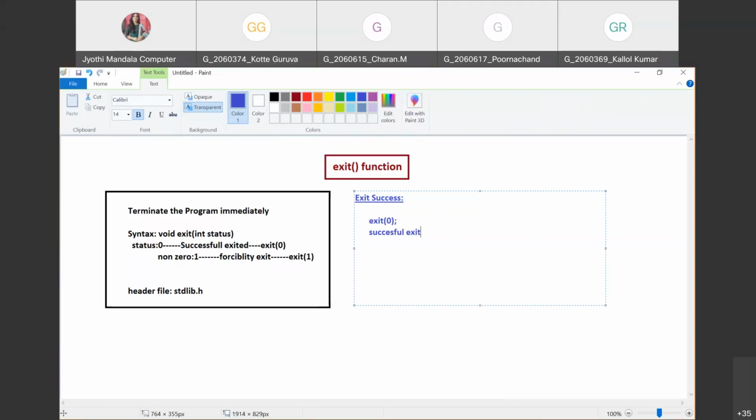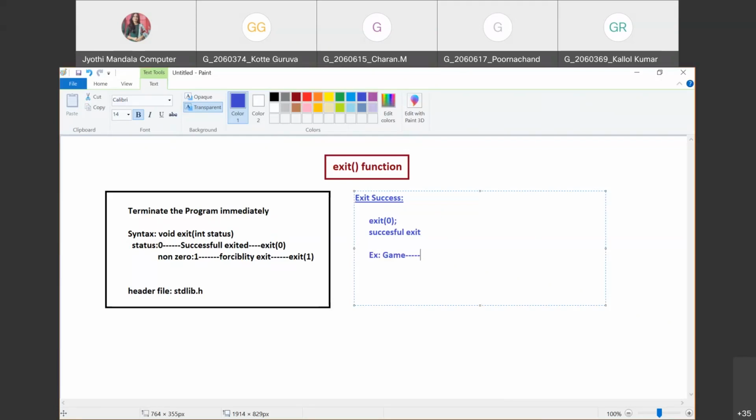Now, let us consider you are going to design a game. In that game, let us consider two options. Listen carefully, all of you: you will be asking the user whether he wants to quit the game or continue the game.